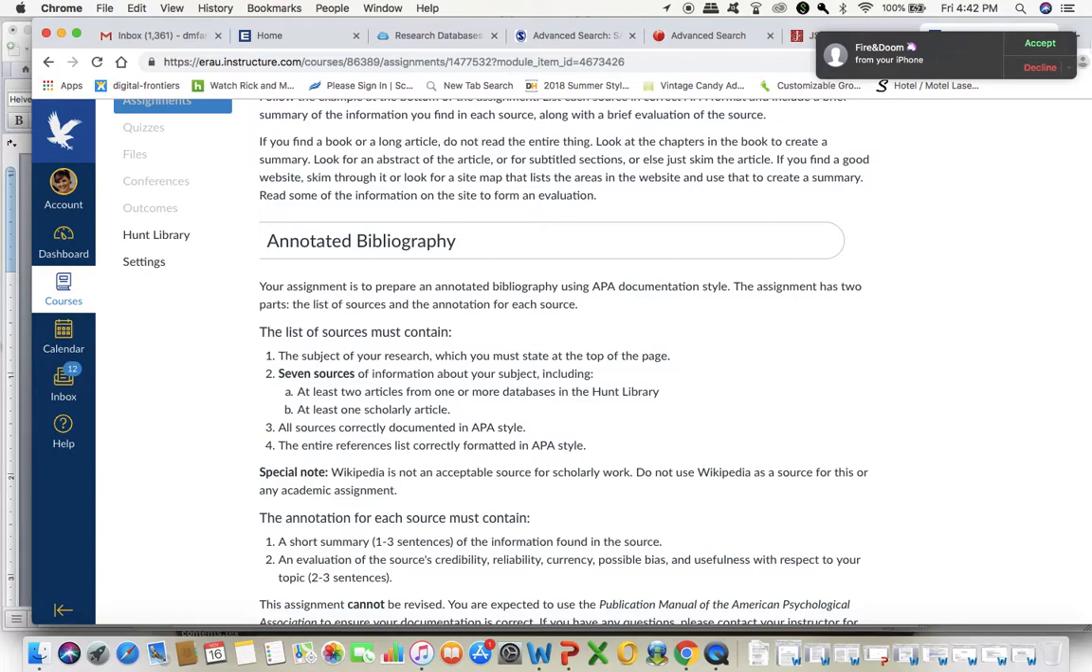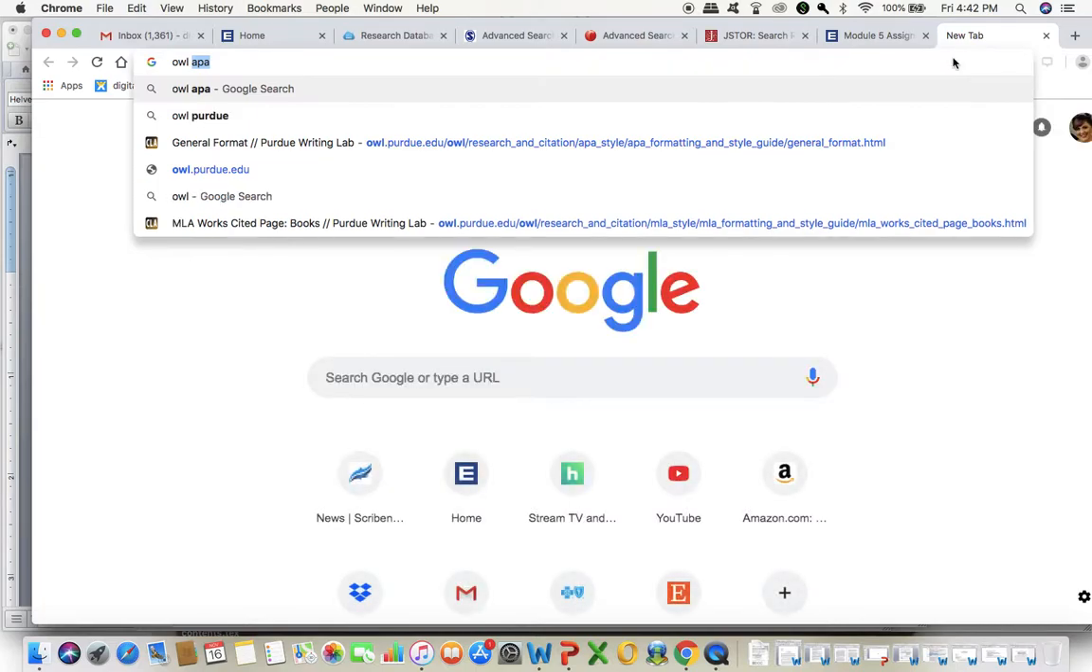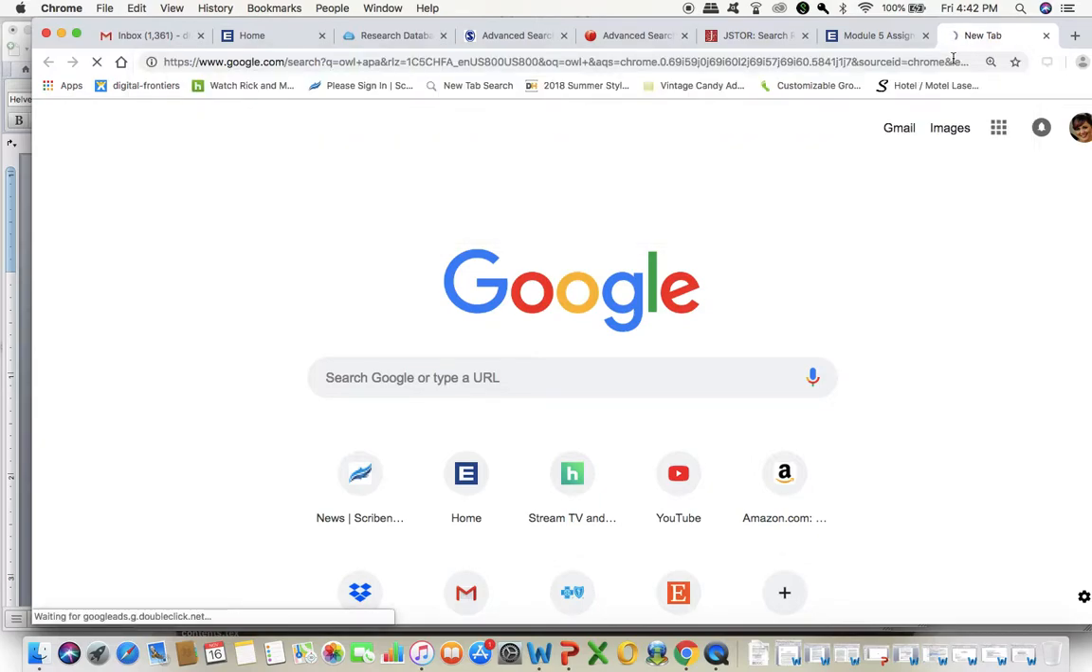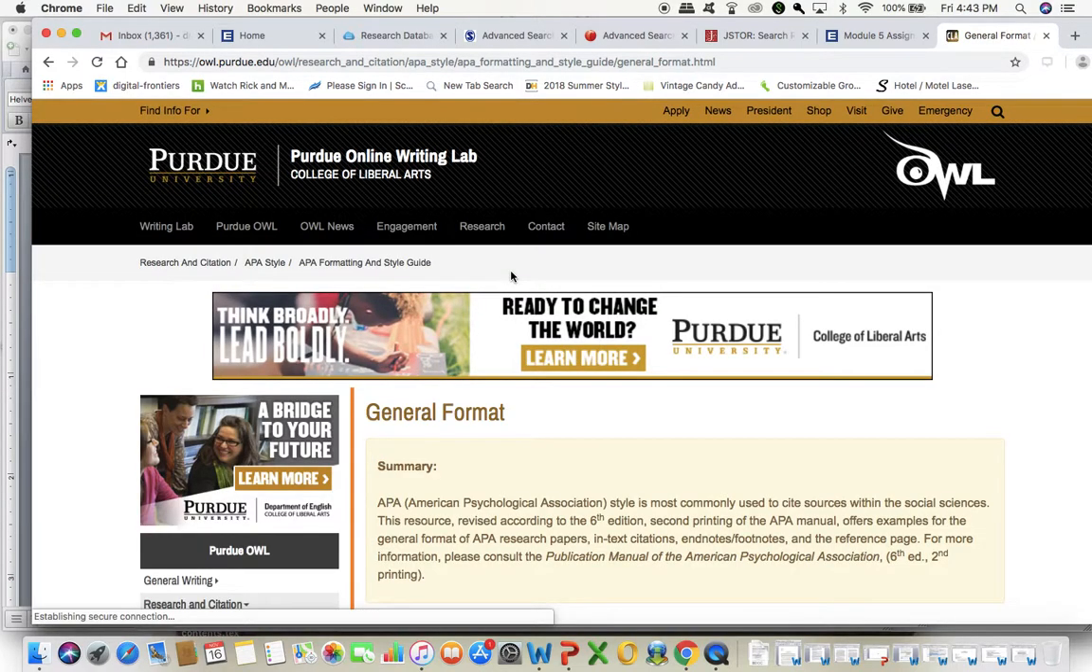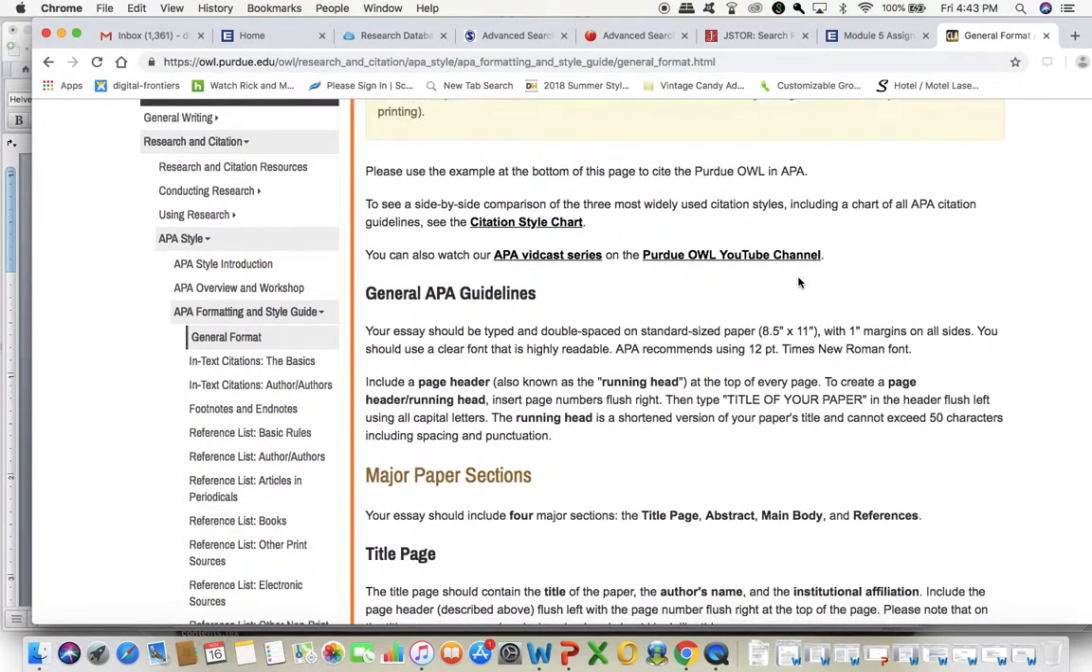You should have the APA manual, but if you don't, wink, wink, you should be using the OWL at Purdue for APA, or use the OWL at Purdue in conjunction with your APA manual. The OWL at Purdue, the Online Writing Lab, is not as comprehensive as your manual, but I'm just using